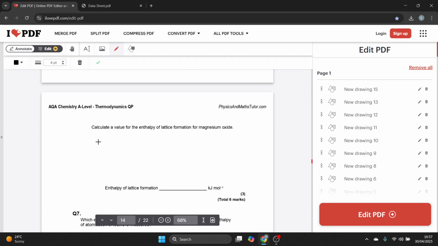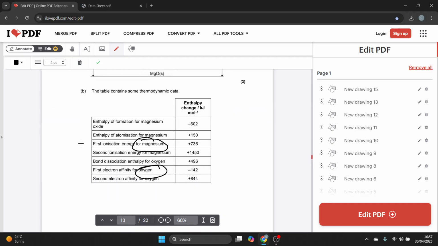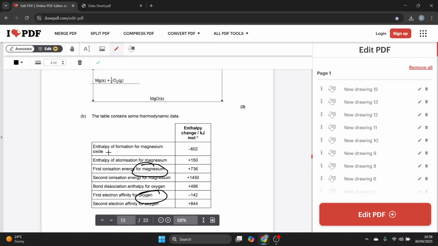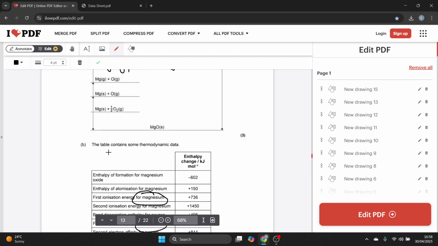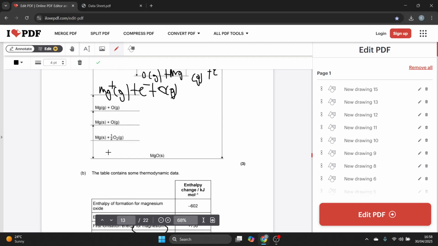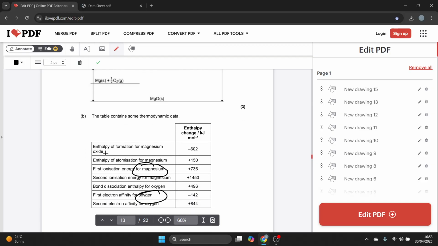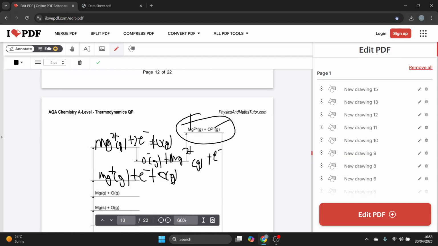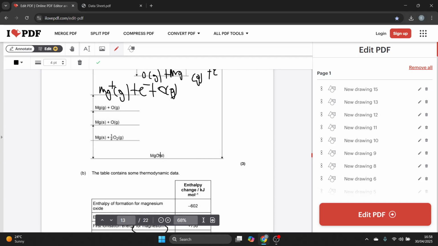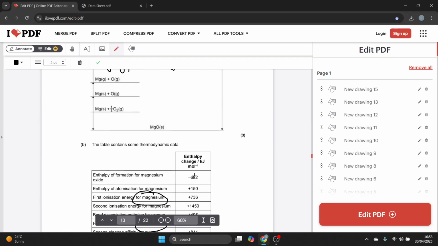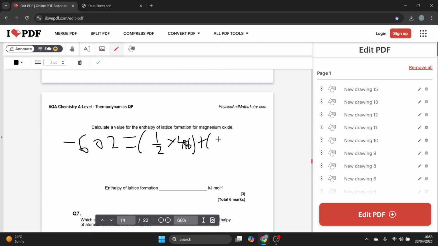I'm gonna say the enthalpy of formation, minus 602, equals everything else: the enthalpy of atomization of oxygen, no, bond dissociation energy for oxygen, a half times 496, plus the thingy for magnesium, 1150,